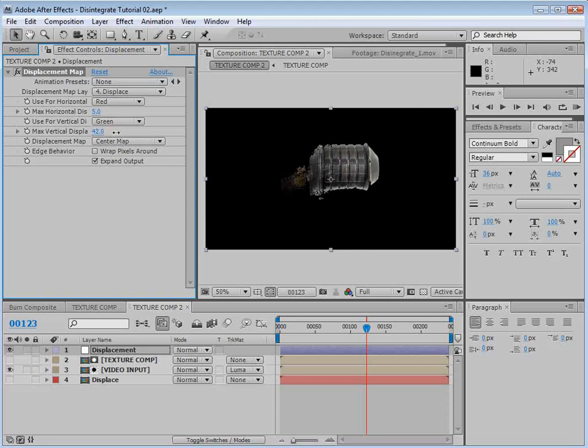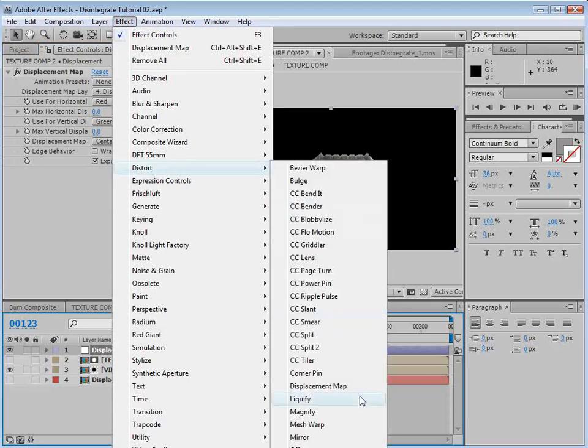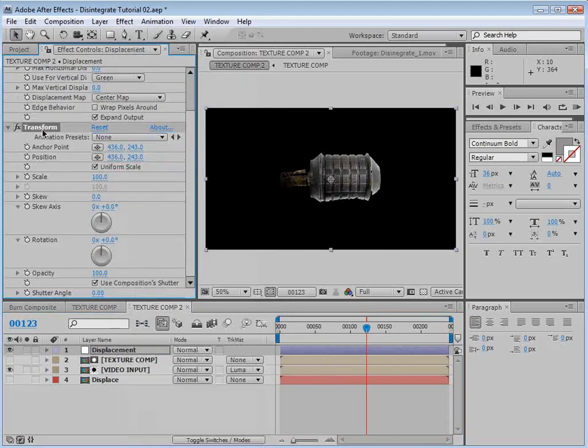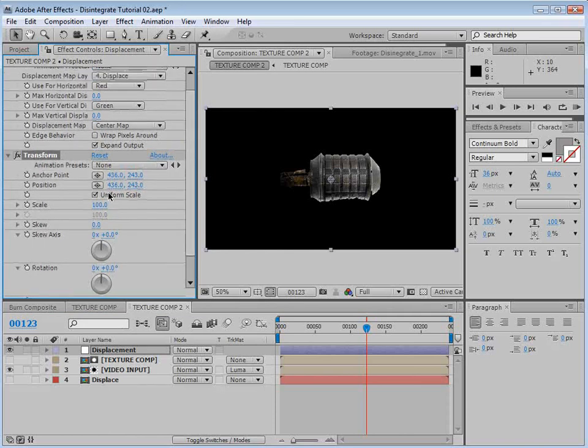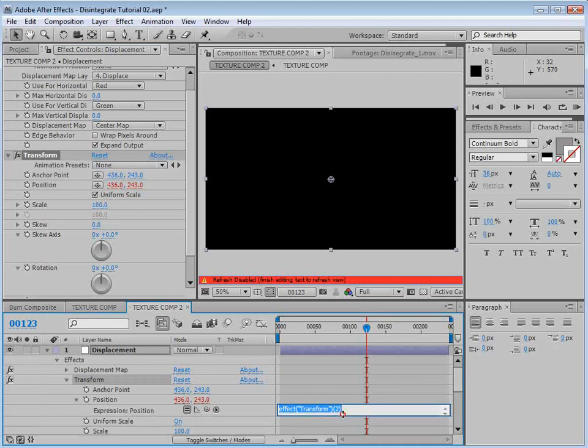One thing that happens with the displacement is the image loses its position where you probably want it to stay in one spot. So there's a quick solution. We're going to take the displacement layer. So we're going to choose Effect, Distort, Transform. So the transform is the effect we want to bring up. And what we're going to do is we're going to alt-click on the position. And we're going to type value